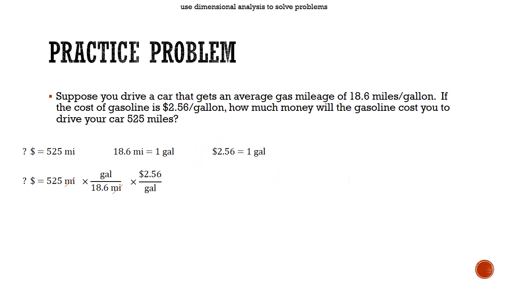I put my 1 gallon on bottom, my $2.56 on top, gallons cancel, and now I check my units and notice I'm looking for dollars, and I have dollars left over. I probably did it correctly, just a matter of solving it with our numbers now, plugging it in your calculator, and you should get